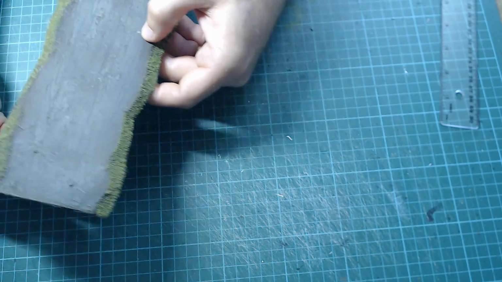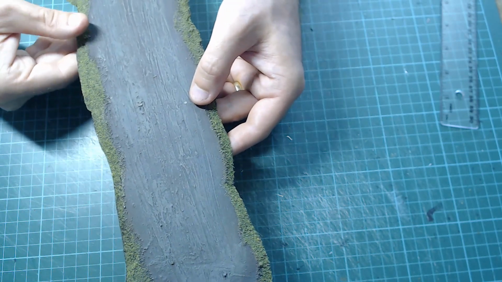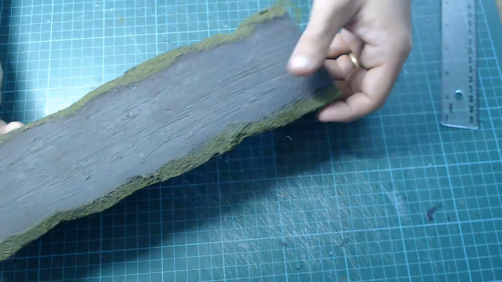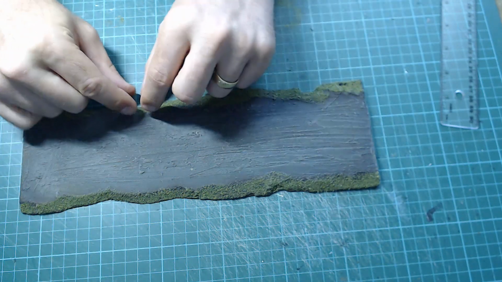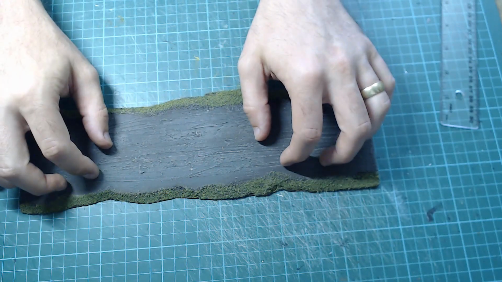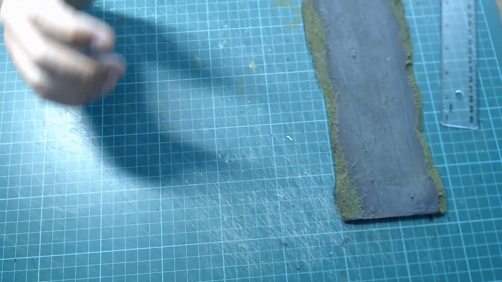And then the edges are just made from flock, the grass, the same as the paths. What I haven't done for these though, is the edges, the hedgerows, as I wanted this to be more dirt in a grass field. And like with the paths,